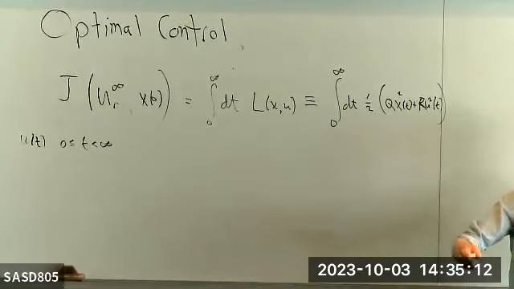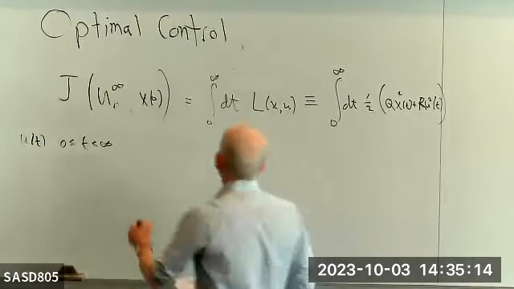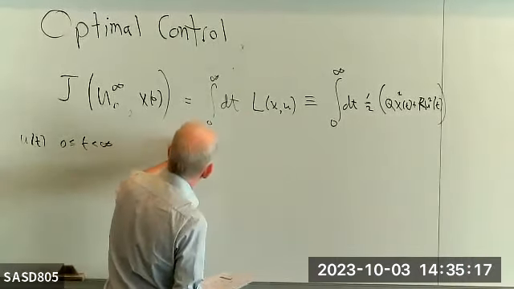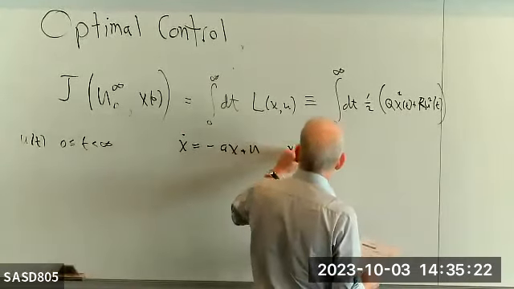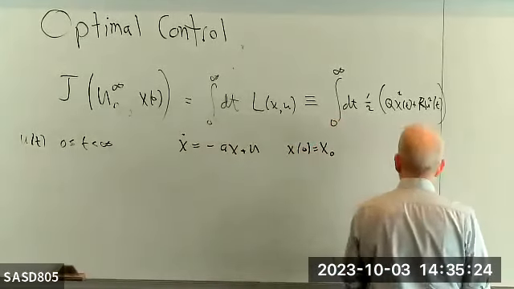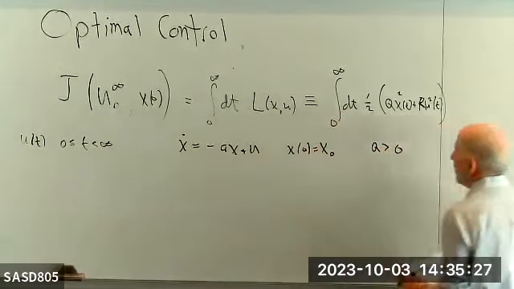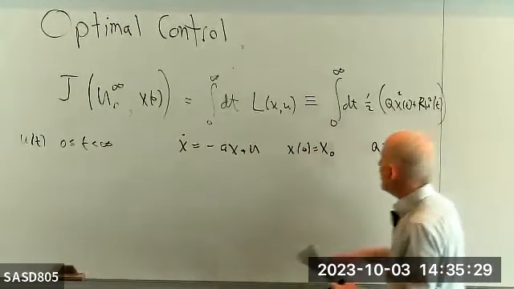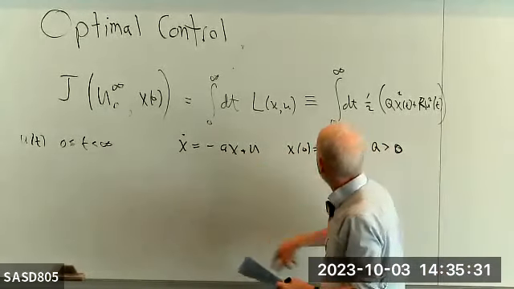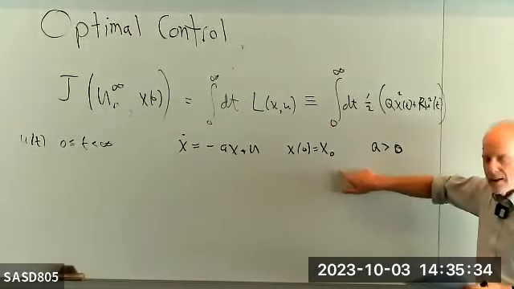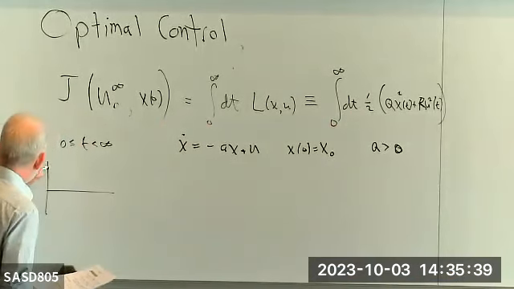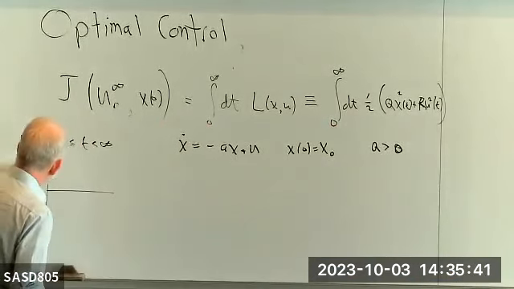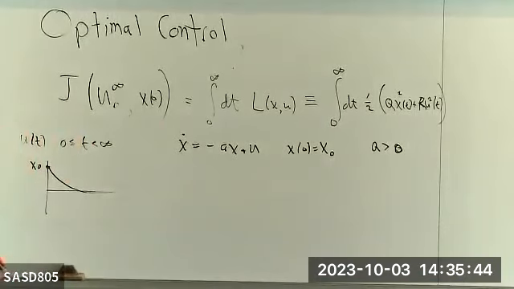So you have some system, and in this case, it'll just be x dot equals minus ax plus u, with x of 0 equal to x naught. And let's just say a is greater than 0. So this is a stable system, but it's starting out at some x and naturally will tend to decay. All right. However,